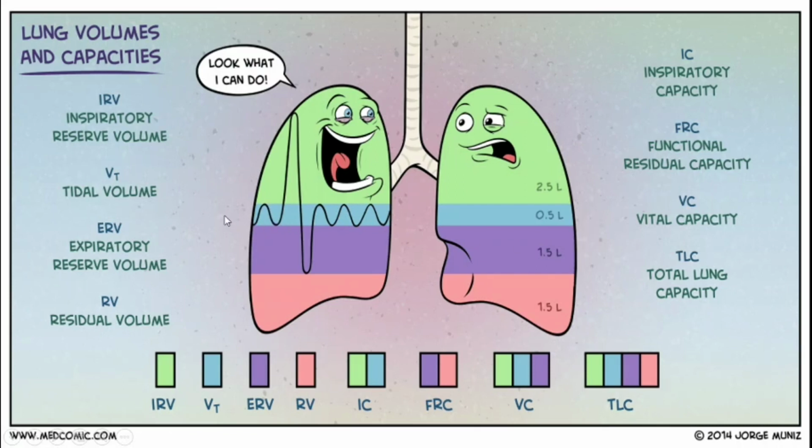Now there is a volume of the air which always remains in our lung. No matter whatever you do with the lungs, that volume of the air cannot be removed from your lungs. So that volume of the air which remains inside the lung is known as the residual volume. So this is the residual volume, which is 1.5 liter or 1500 ml.